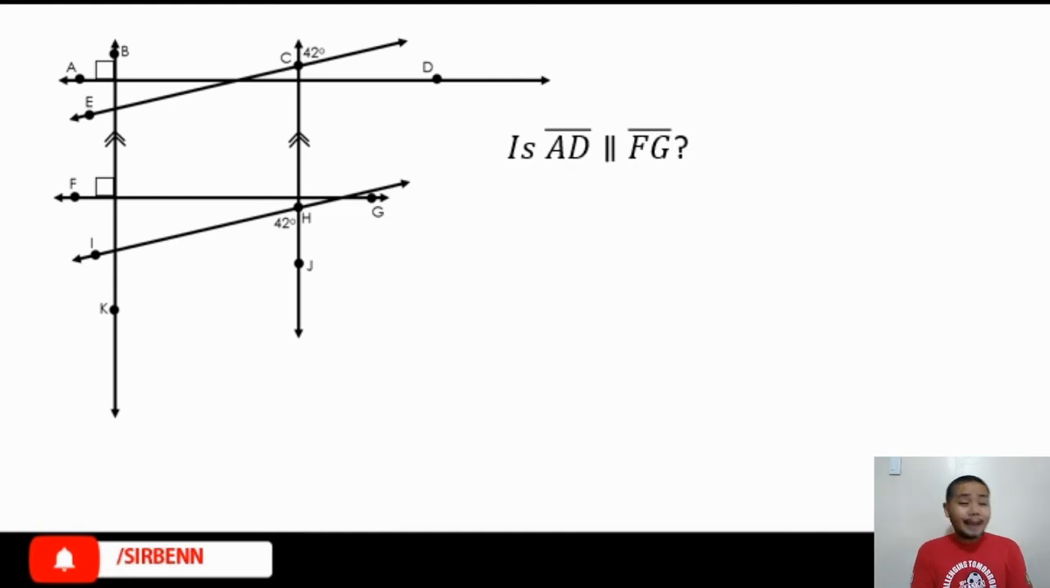Is AD parallel to FG? AD, ito, si horizontal line, no? AD is parallel to FG? Yes, my answer is yes. Bakit? Corresponding angles are congruent. Ito. Yun yung in-apply ko dito. No? So, corresponding angles, both of them are 90 degrees and we all know that all right angles are congruent. So, yes yung sagot ko dito. Okay? Last one